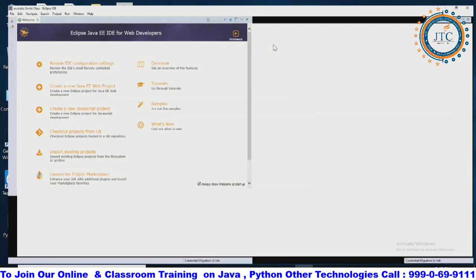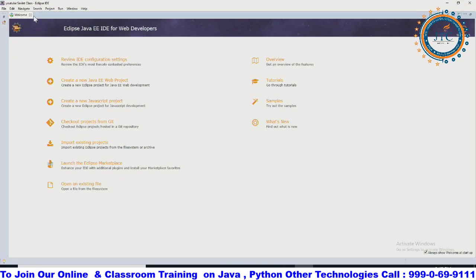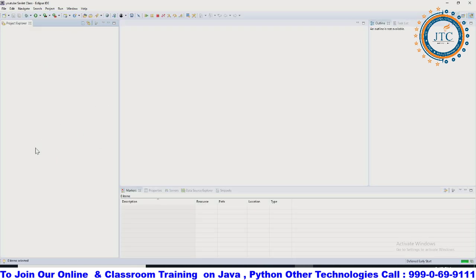Now you can have a look here. This is a new workspace which I have created here, guys. I hope you are able to have a look at all these things. This is the workspace which I am creating. In this workspace, the very first thing which I am doing here is